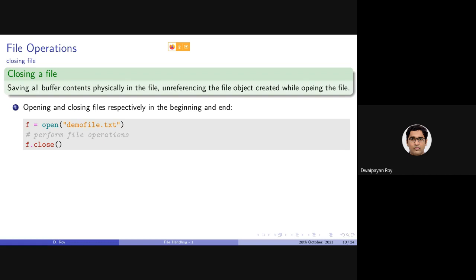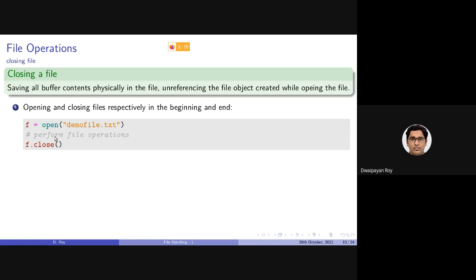Now coming back to the discussion that we were having. After opening a file, we should close the file. Otherwise, the operations that we have performed on the file might not get reflected in the actual file, or they might get lost on termination of the program. To open a file there is a function called open.